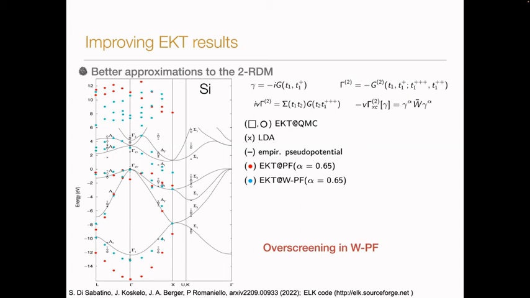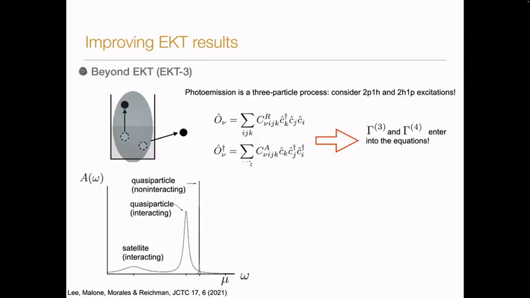So then I said, okay, maybe instead of looking for a better approximation to the 2RDM, we can go beyond the EKT. And in fact, you can do this because you remember at the beginning I said that the EKT is based on a quasi-particle ansatz, okay? But in a photoemission process, there are at least 3 particles involved. So you can introduce in your ansatz also this electron-hole excitation that I have depicted here on the left. So you can change your operator O in such a way that together with the destruction of an electron for the removal part, you have also the creation of an electron-hole pair, and the same in